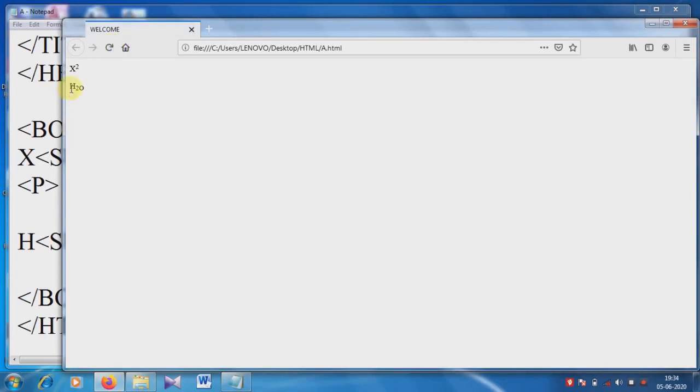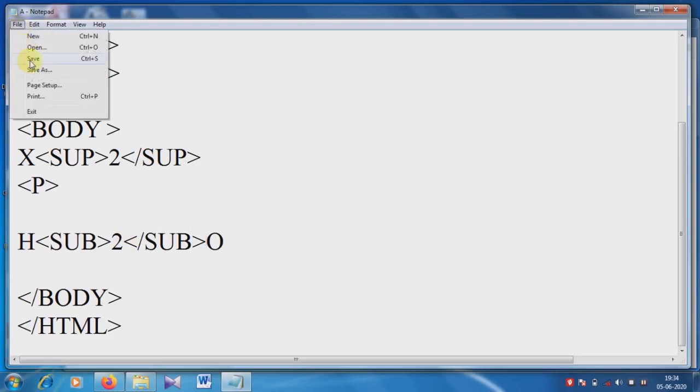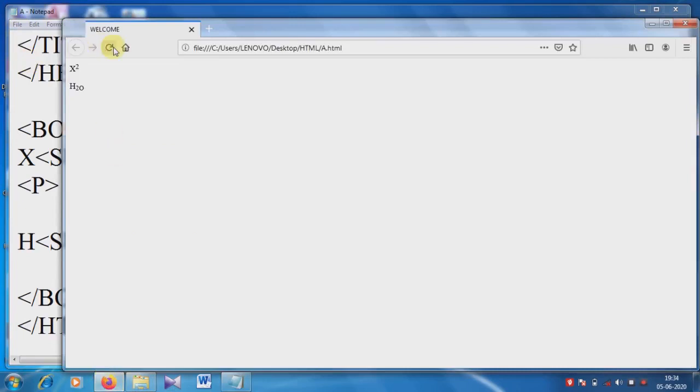See, H, 2 and then O, the 2 and O are slightly below. So it is wrong. That's why you must close the subscript tag here. See, now it is correct. So in this way you can use the subscript and superscript tags.